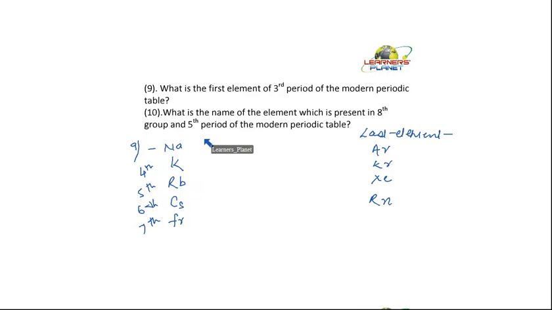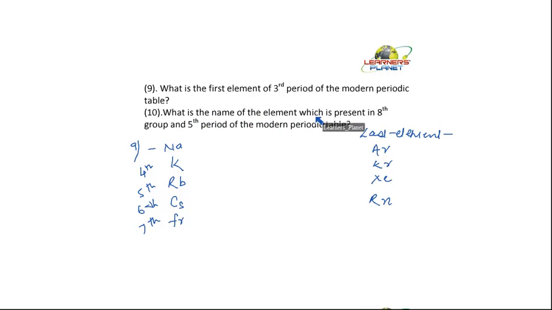These days students have lots of tricky sentences with the help of which they can mug up the periodic table. But what I want to tell you is, if you use those tricky sentences, it will become difficult to actually locate the element, in which period or in which group it is. If you can locate that, it's good. So it's better you start mugging up whatever trick you apply.